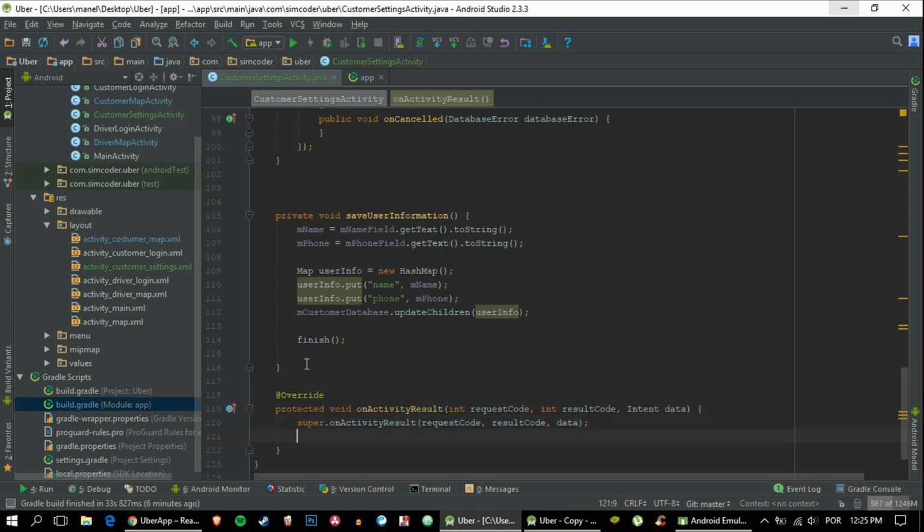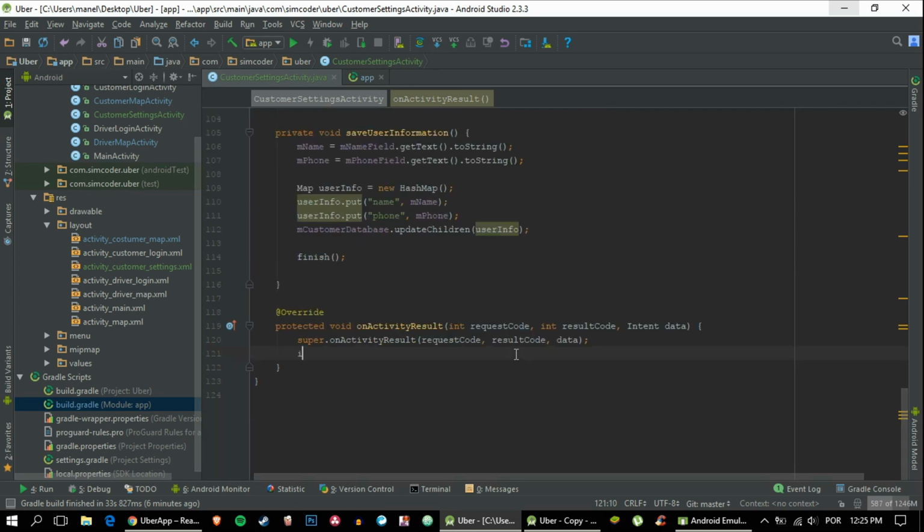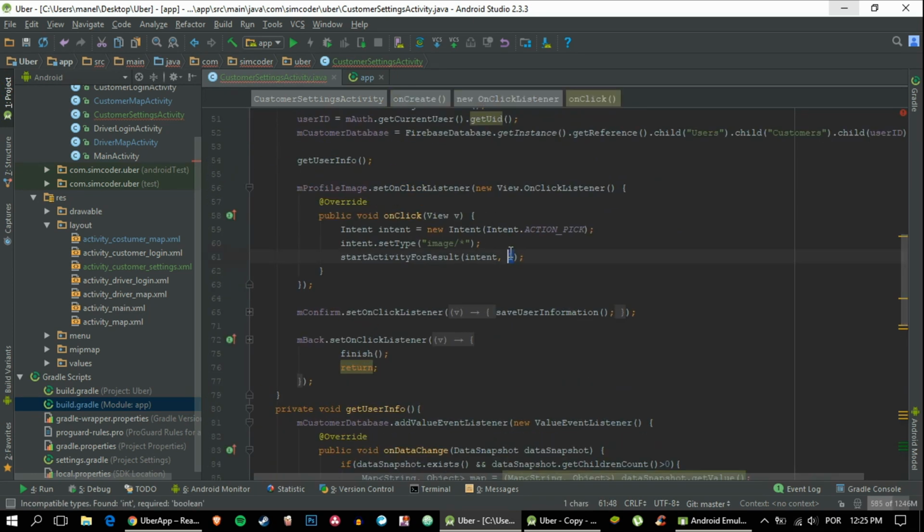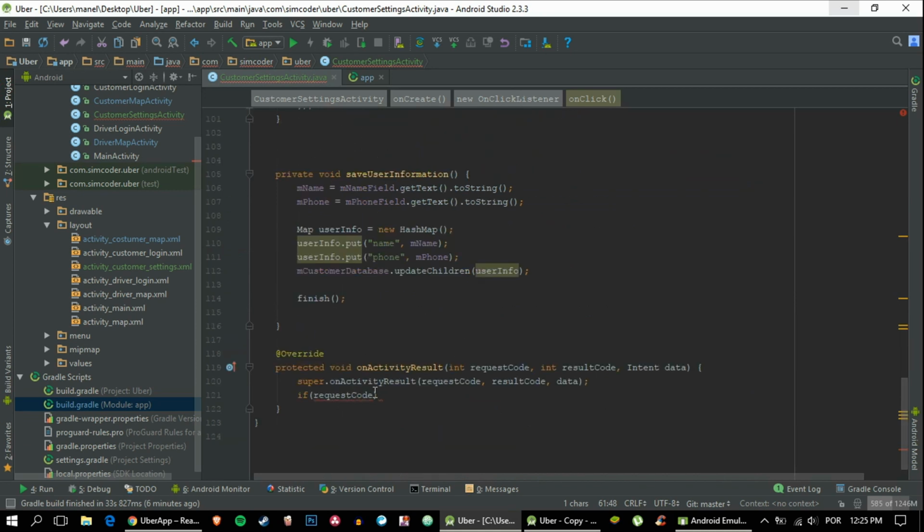Don't change anything, just add if request code, and this request code is this number here. So we say if request code is equal to 1, which is what we want at the moment, equal to 1,